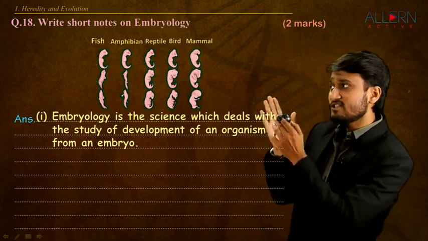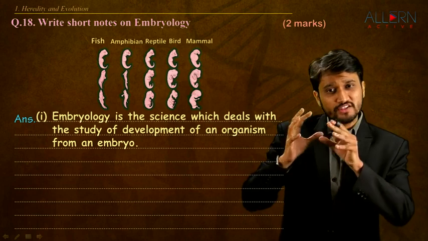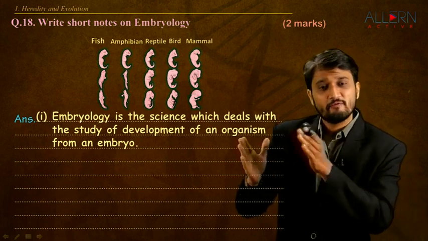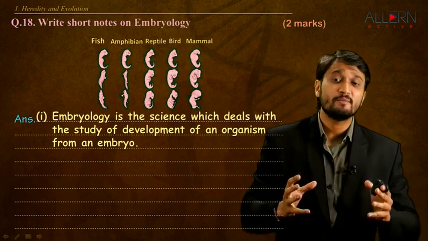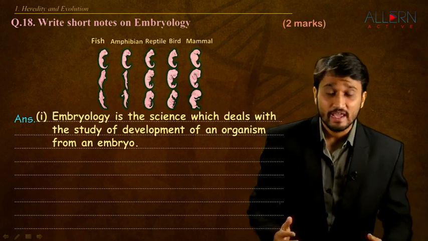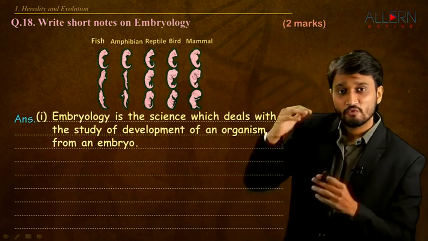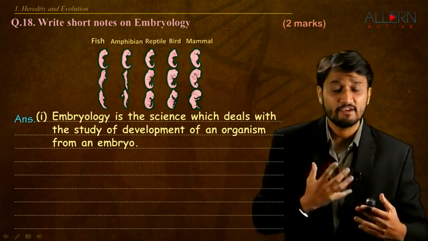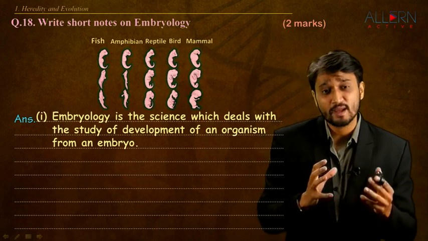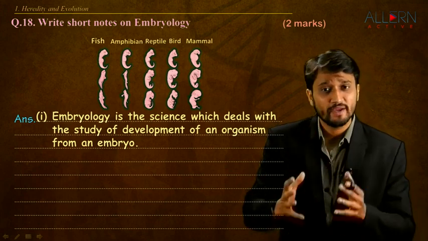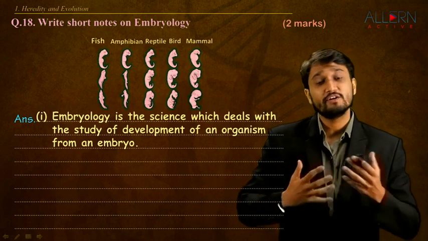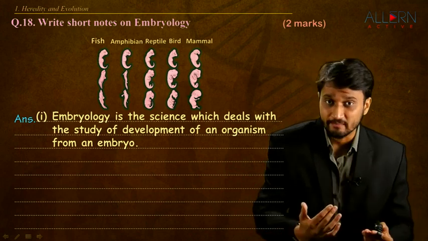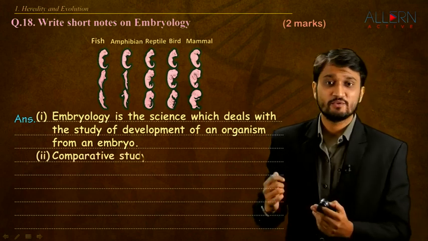Now in the image right next to me, you can see all these different embryos have been kept right next to each other, and these embryos are of different creatures. In the first few stages, we see that there is no difference. In fact, there is a lot of similarity. Even experts cannot tell the difference in the embryos of a human or a pig or any other cattle. So the differences we are not able to mention initially, right? So that is what we mention over here in the next point.